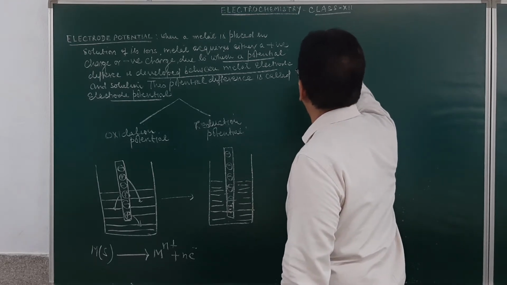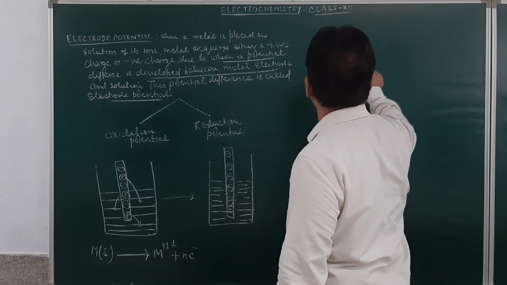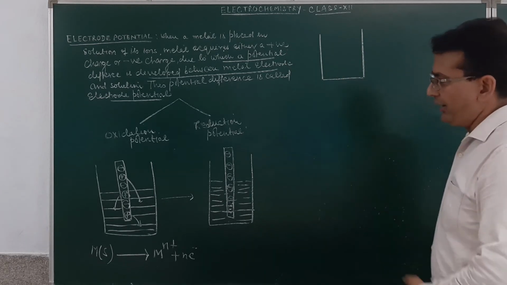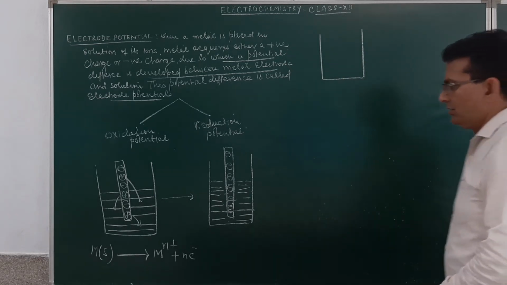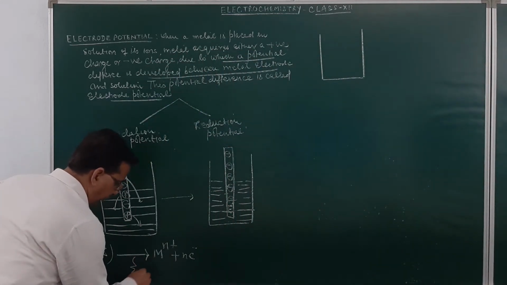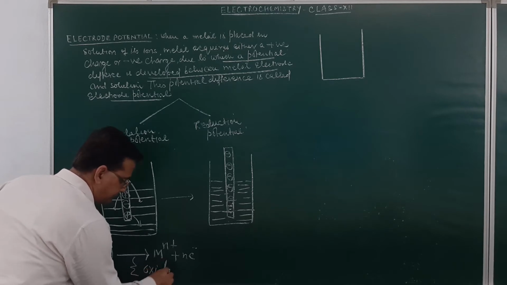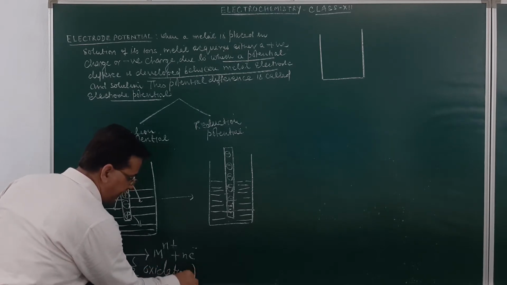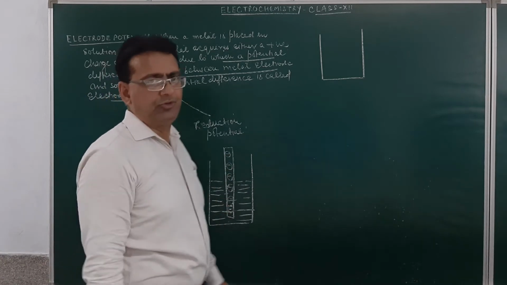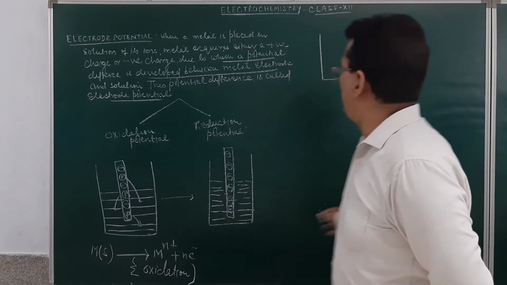In the reduction half, here again, we have got the cell. Of course, this is a reduction half cell. This is a process of oxidation where the loss of electrons occurs. So this is the oxidation process, and the potential difference developed will be the oxidation potential. Now in the reduction half,